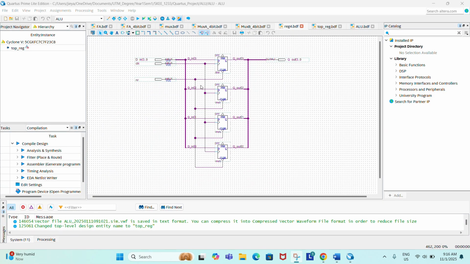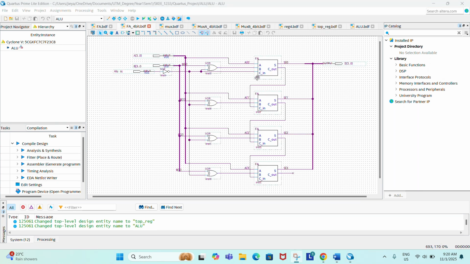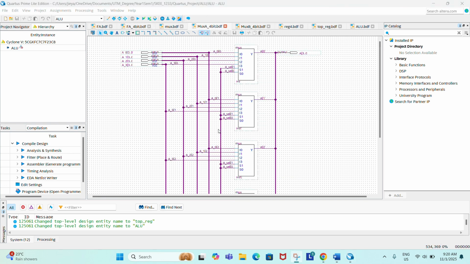Now we will save this 4-bit DFF as a symbol and use it to design this top bridge. It has the same function as the 4-bit DFF, only the output is changed to ALU out. Now all of the components for the ALU have been done. So we will save this 4-bit full adder and subtractor as a symbol, the 4-bit 4-to-1 multiplexer for A as a symbol, and the 4-bit 4-to-1 multiplexer for B as a symbol, and the last one, this top